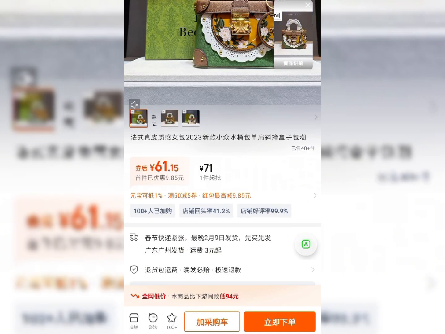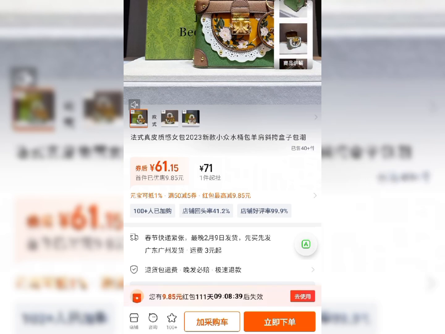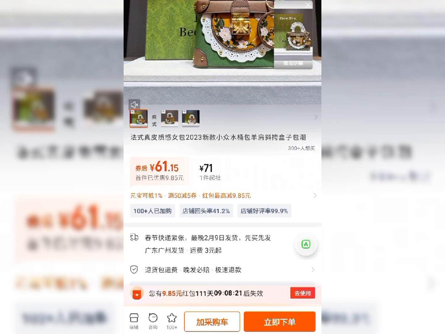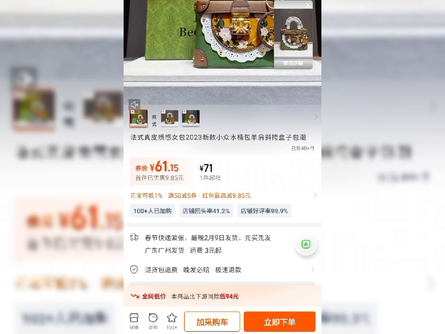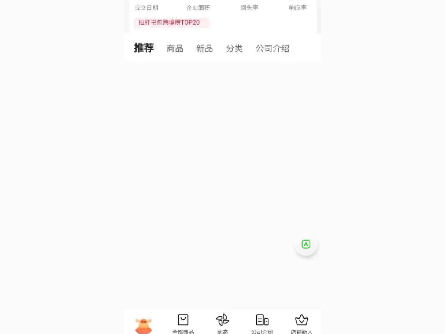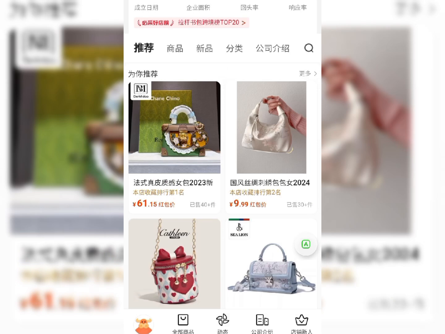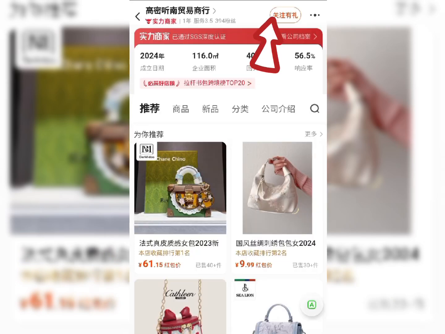The number 3 tip is how to follow a seller. Yes, on this 1688, you can follow sellers that you like, just like we follow people on Instagram, Facebook, TikTok. So to do that, click on the store icon on the left hand side below. Just look below, click on that store icon, then it will take you to the store. Once you enter the supplier store, you will see a red Chinese language in a circle up there. Just click on it. Once you click on it, it will bring up a message that you are now following